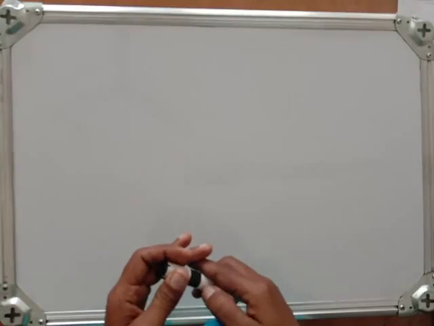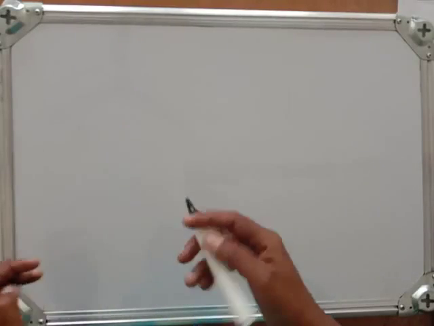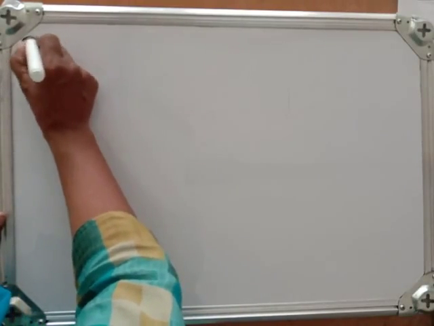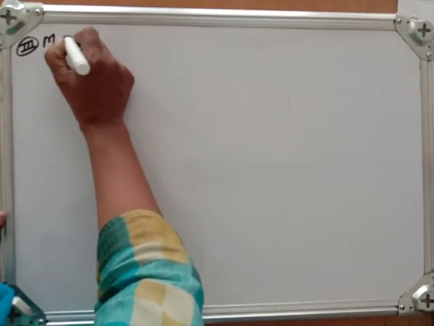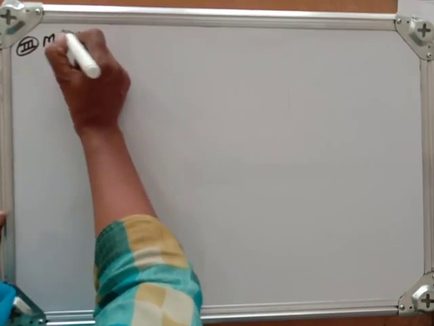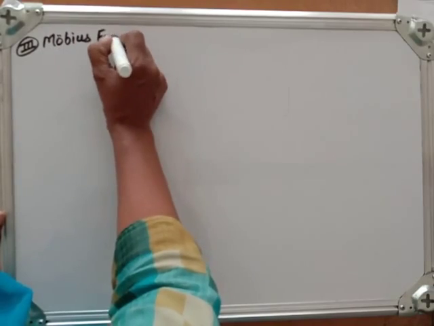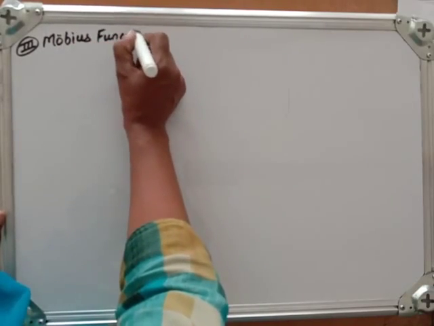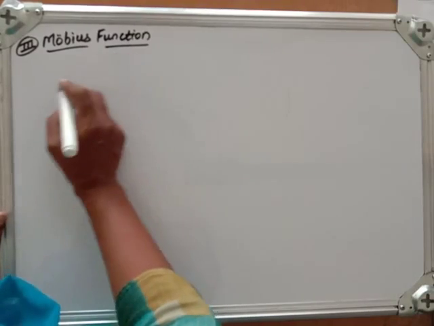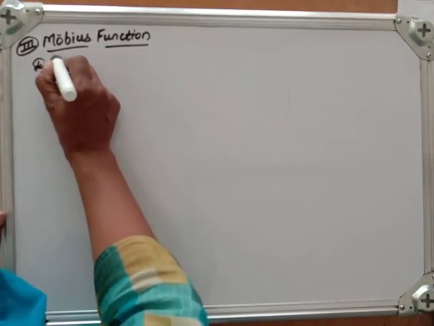Hello students. Now in this video let's see our third function of number theory, that will be the Mobius function. Now let's see the definition of it. Definition: